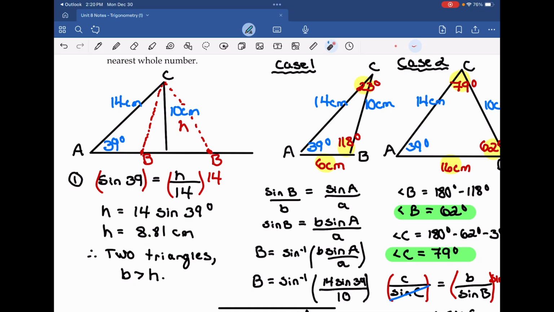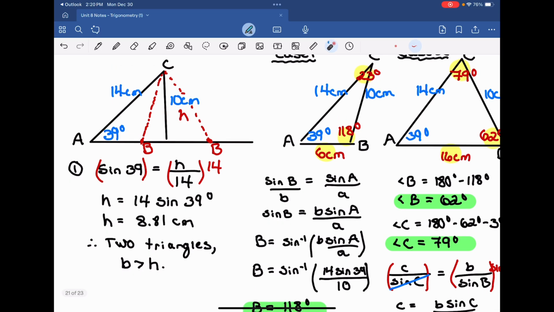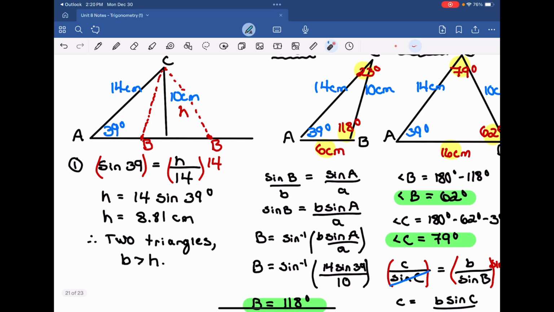So automatically, I highly recommend set up your triangle where A is in the bottom left, C is in the top, and then B, you don't know yet until you do your test. To do the test, we're going to use the basic primary trig ratio of sine and say, well, the theoretical height that is opposite of the angle A should be equal to whatever this h over 14 is. We do h over 14. We multiply whatever that hypotenuse is out of the denominator,